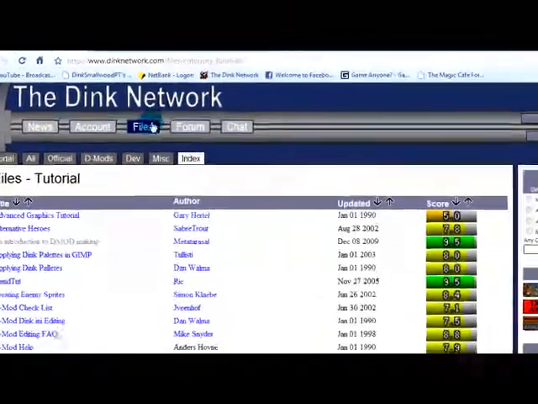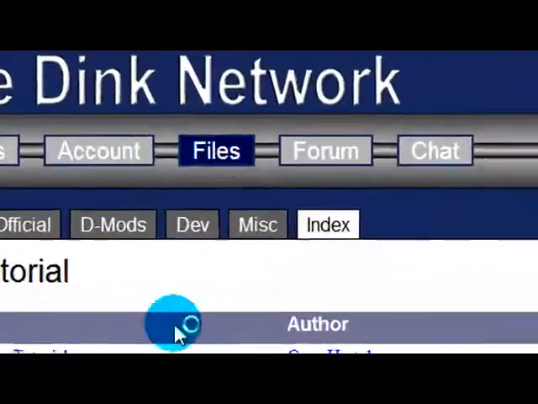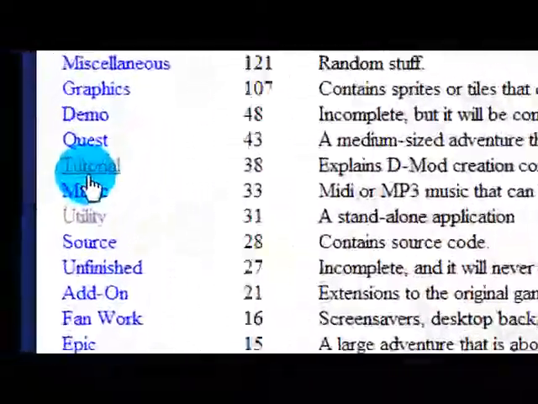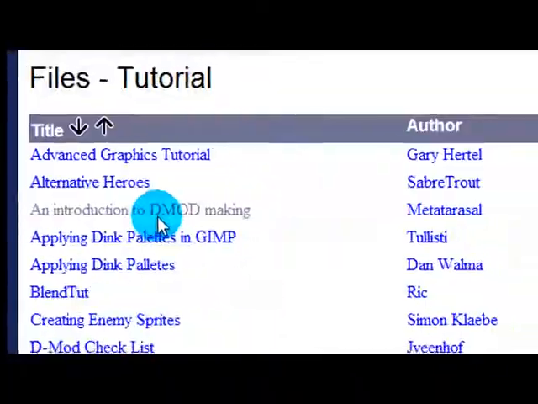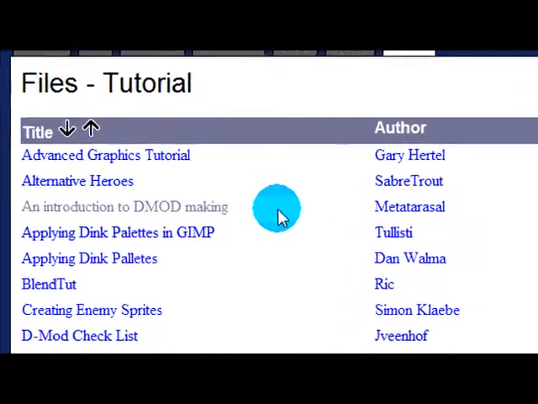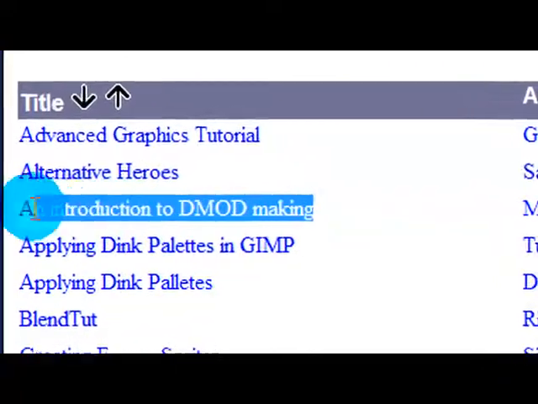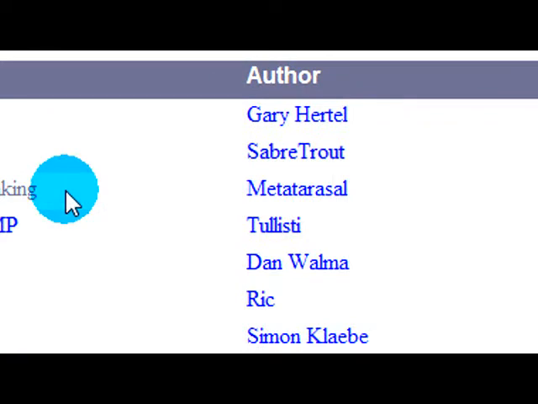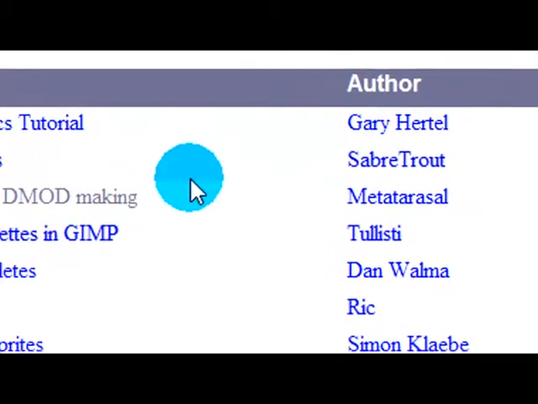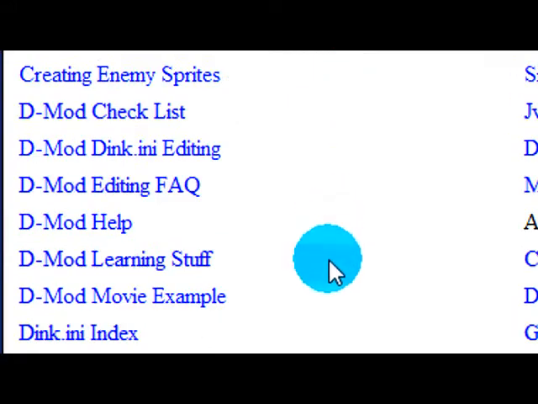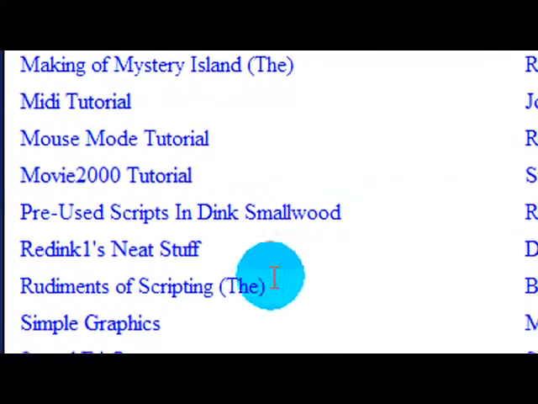So you want to go to the Dink network and go to Files. And I'll just go there to show you. And then you click on Tutorial. And there are a lot of tutorials here that can help you with Dmod making. But the two main ones that will really help are an Introduction to Dmod Making by Metatrassel, and that is a very helpful document for beginners, and I recommend reading through that either way, because you should get some help out of that. And also the Rudiments of Scripting